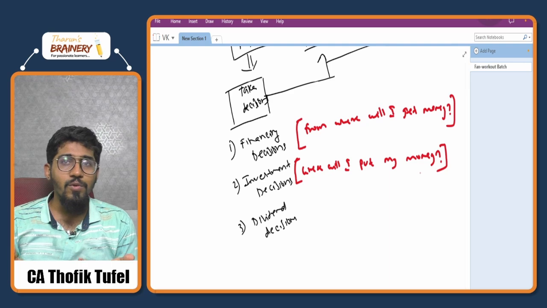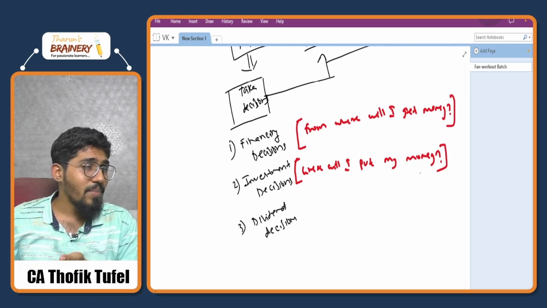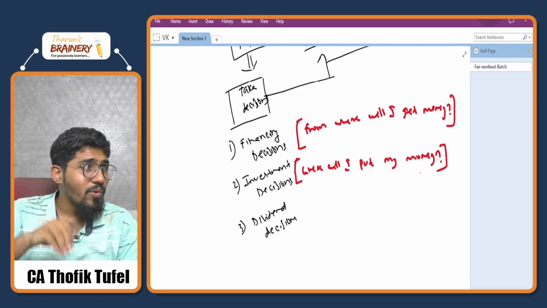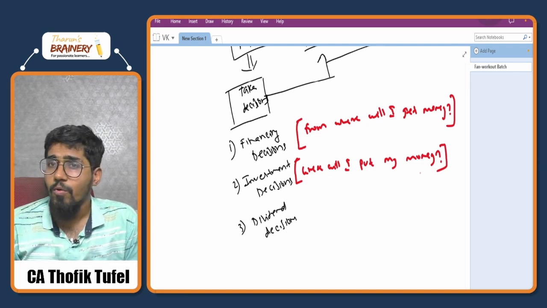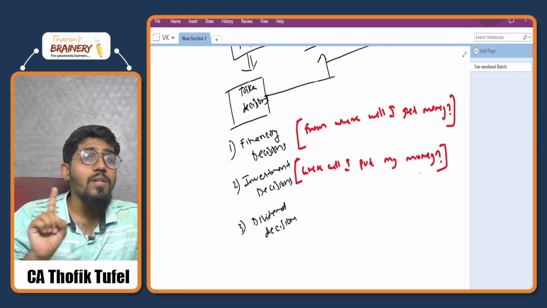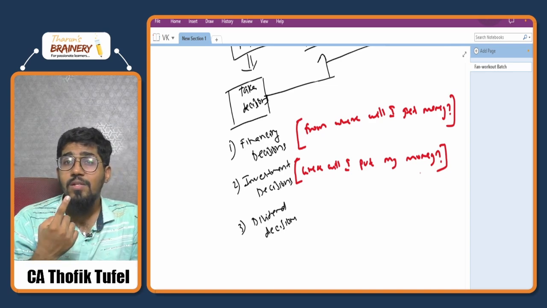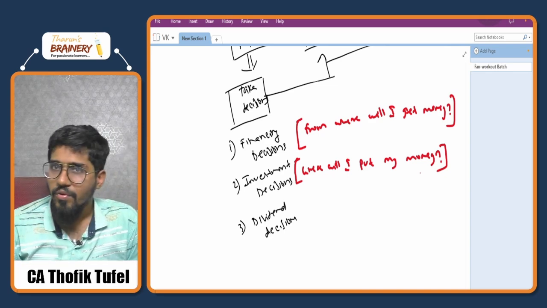You will be needing some amount also, right? At home, wife and kids are there, you would be needing some amount to feed them. So they can also take the money home. So the next question, what I'm talking about is from the point of view of the owner, but you can also take it from the company's point of view.